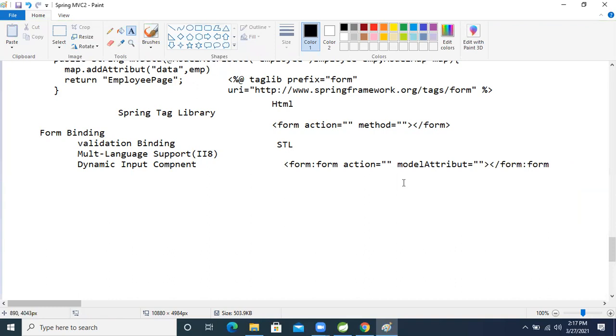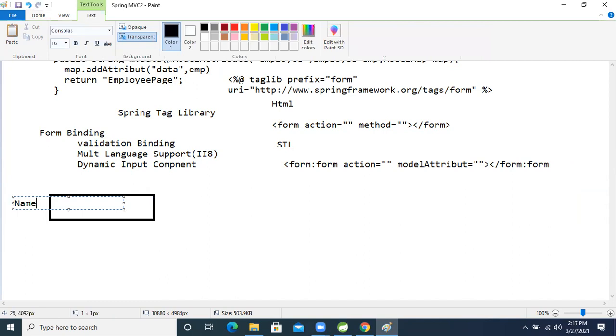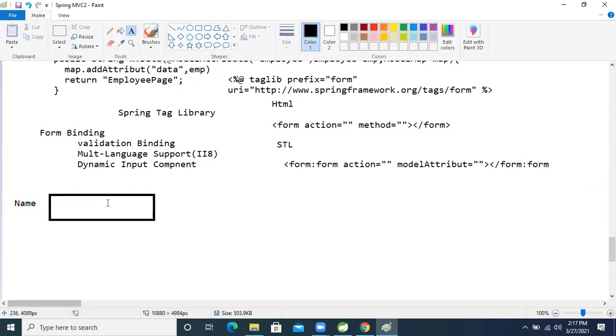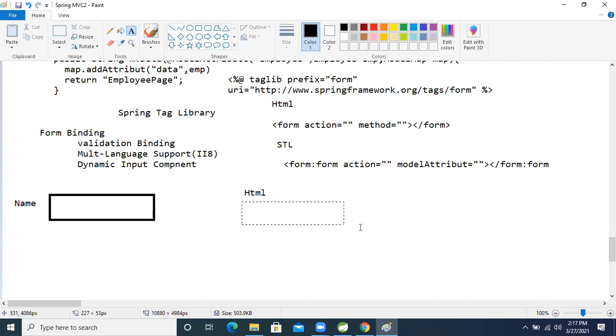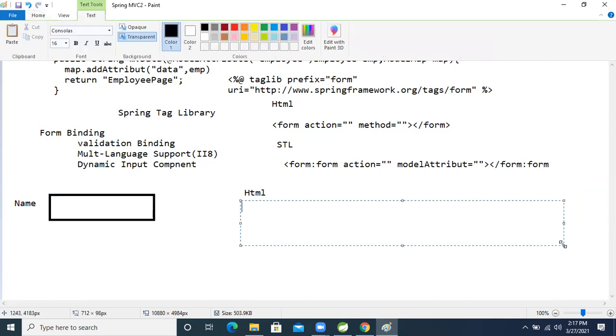Input also we are giving, like this username. For the name we are giving the input. If we want to write this, how do we write it in HTML? See, the HTML code. In HTML, how do we write this code?